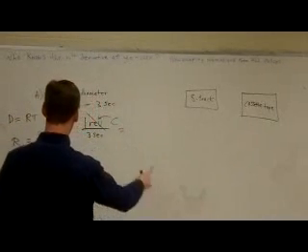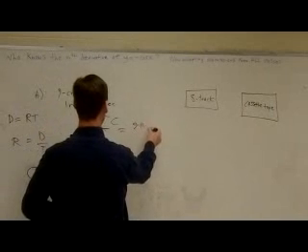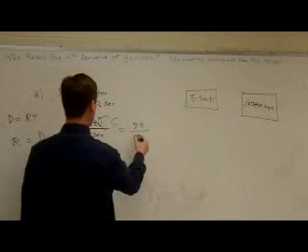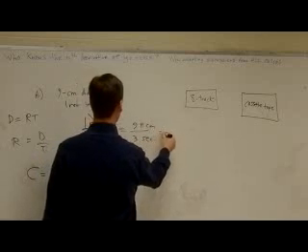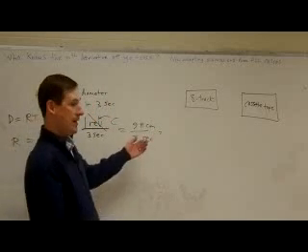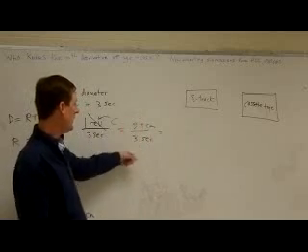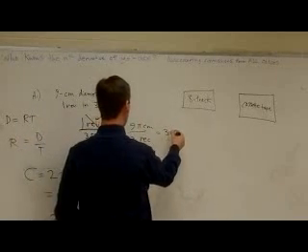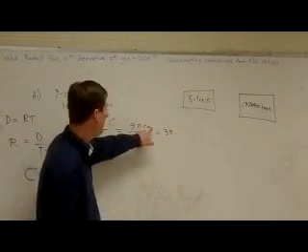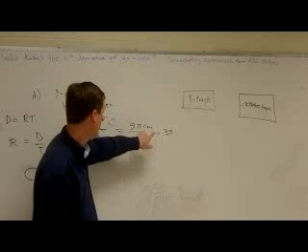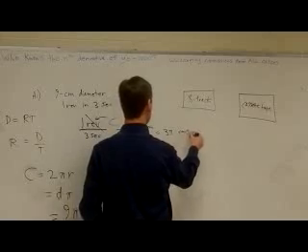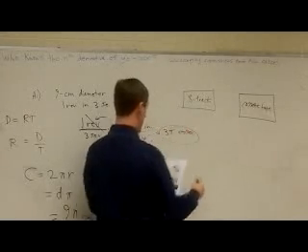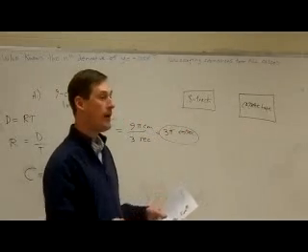And that is going to be 9 pi centimeters every 3 seconds. And you can easily reduce that. 9 pi over 3 is 3 pi. And what are the units right there? Centimeters per second. There you go. And it does say to leave your answer in terms of pi, which means